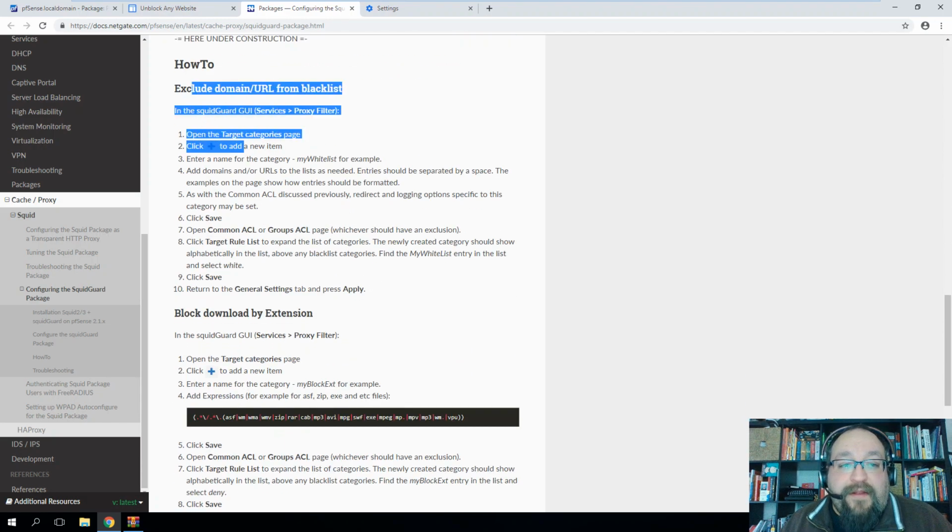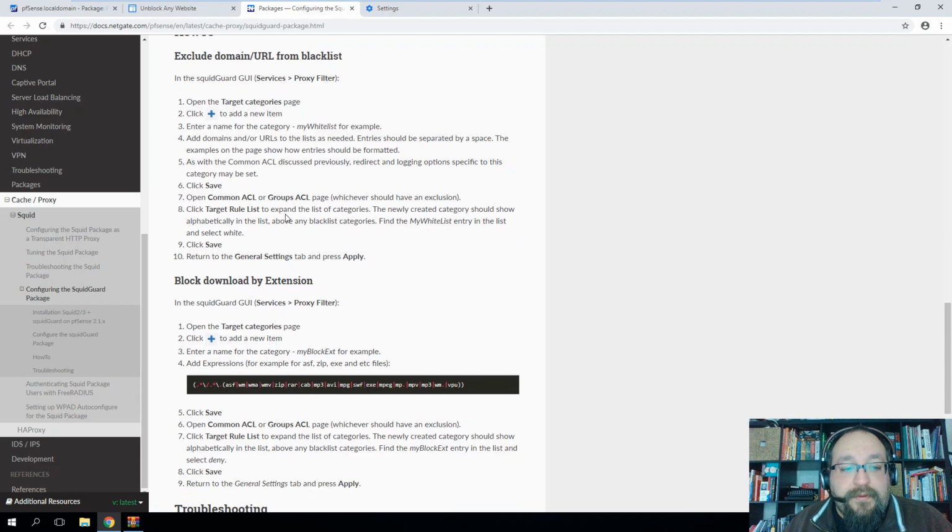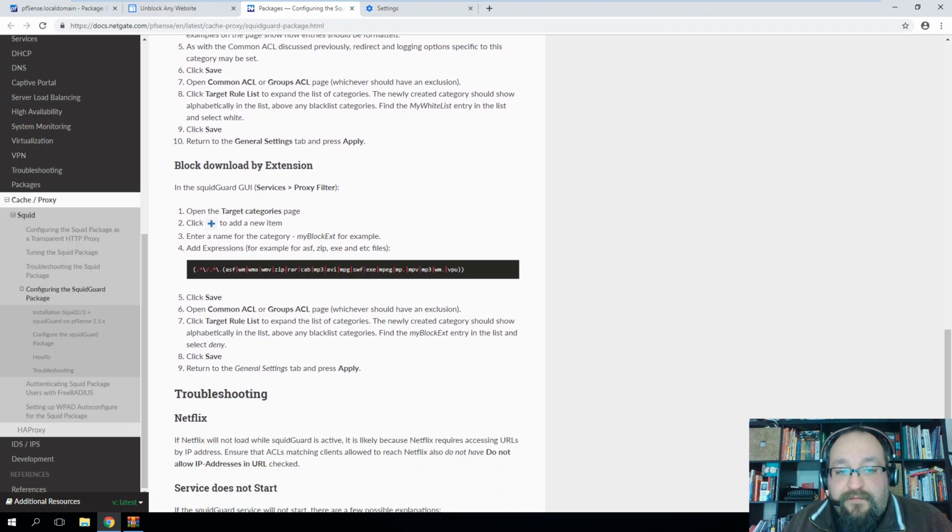For adding domains to that, we can look at the GUI services, proxy filter, target categories, everything we already did, and then we can add that whitelist. I called it whitelist underscore group. To block it by extensions, you'll still go to proxy filter, the target categories, and in the name for the category, the my block example, that's an example here, and add the extensions. And here's our extension lists. If we want to just take this entire list,